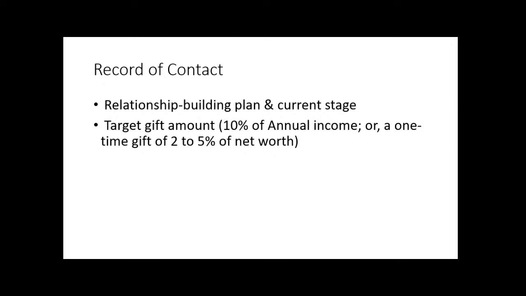Now, another part of the record of contact, and I said I would explain this, but one of the reasons we kind of want to understand their income or their net worth is because it's not unreasonable to ask for a major gift that's about 10% of their annual income. I know you're probably thinking about tithing to the church, but people who are wealthy and some of the most generous givers I know actually give 90% or more of their annual income to charitable organizations so they don't have to pay income tax on it. They don't need the income. They've already paid for their house. They don't have major expenses, and so they give their money away.